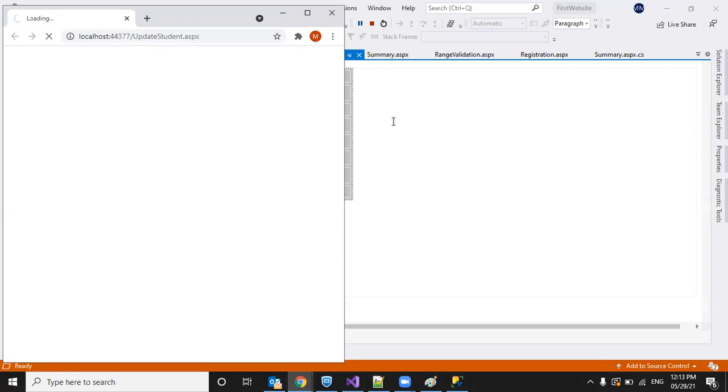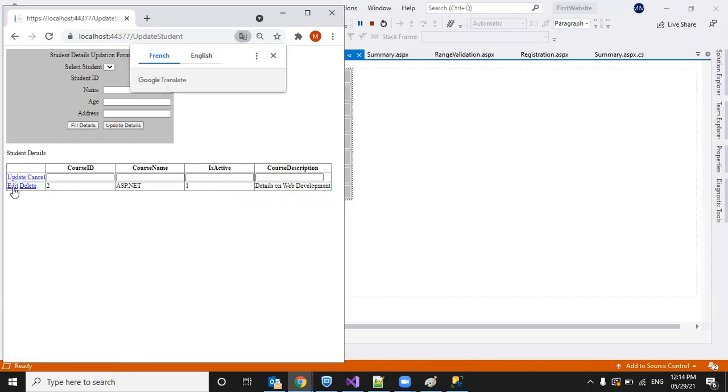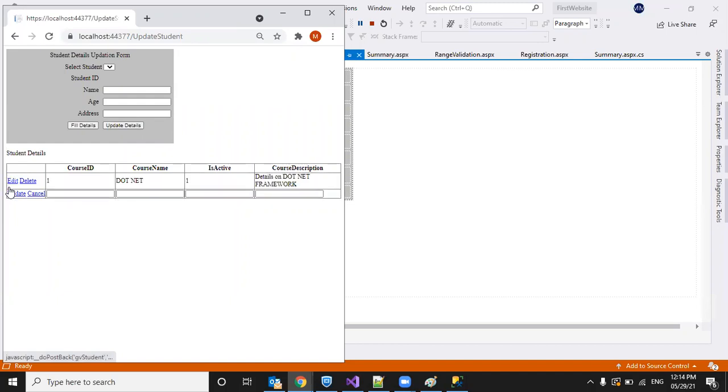I generated events for each action here. Like edit I have, delete I have. In edit I have update and cancel. Even for that I have the required events. If you see now, there is some issue here, you'll see that.